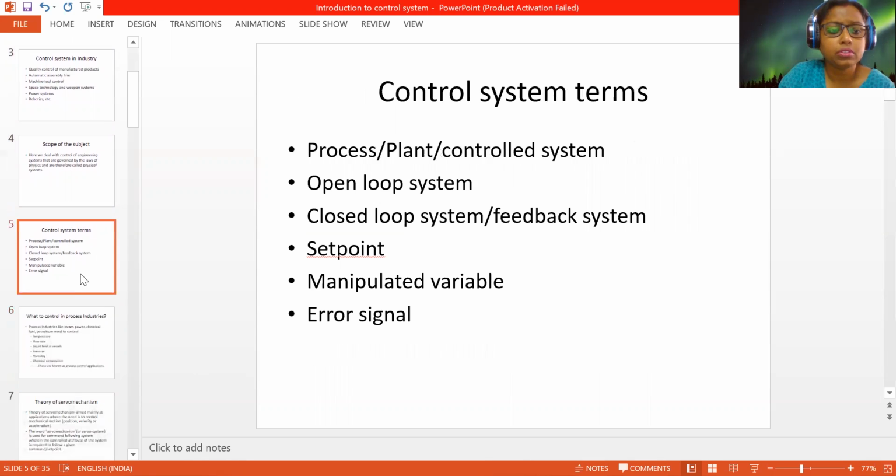We have different terms like process, plant, control system, open loop system, closed loop system, feedback system, set point, manipulated variable, error signal. In a general process control, we have different types of systems, and I will show you a basic block diagram of the control system. If you need to control a particular process block for different types of variables, if this is the process block we have,